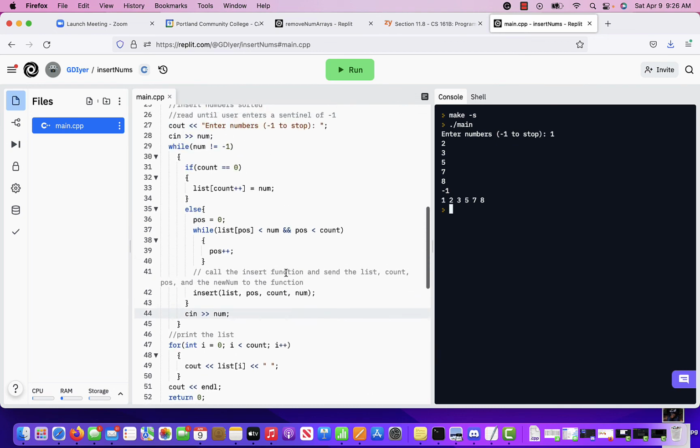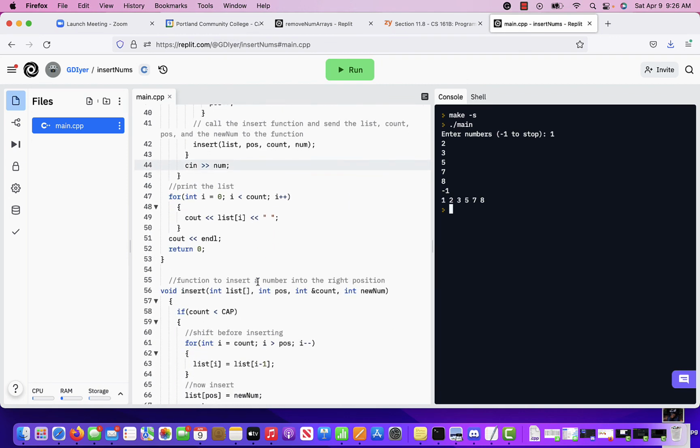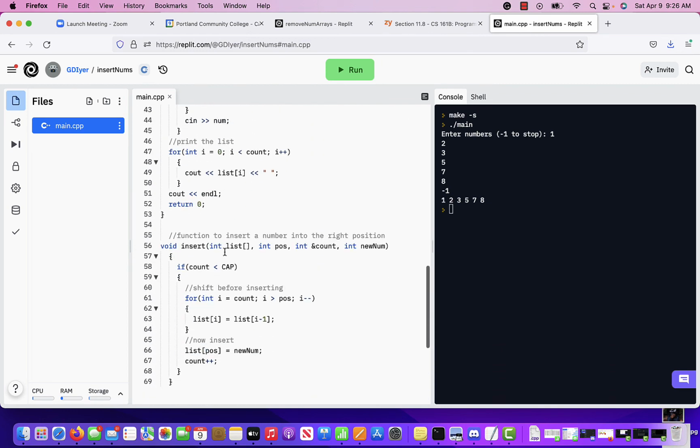Okay, so that is how you insert sorted. We don't want to use any sorting algorithm. We write an algorithm to insert. So this shows you two things. One is how to check to see how to insert at the right position and how to actually do the insert. Okay, we'll do a couple